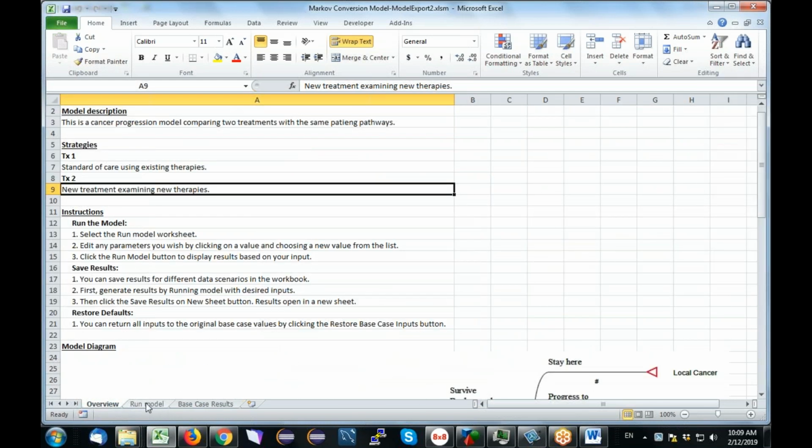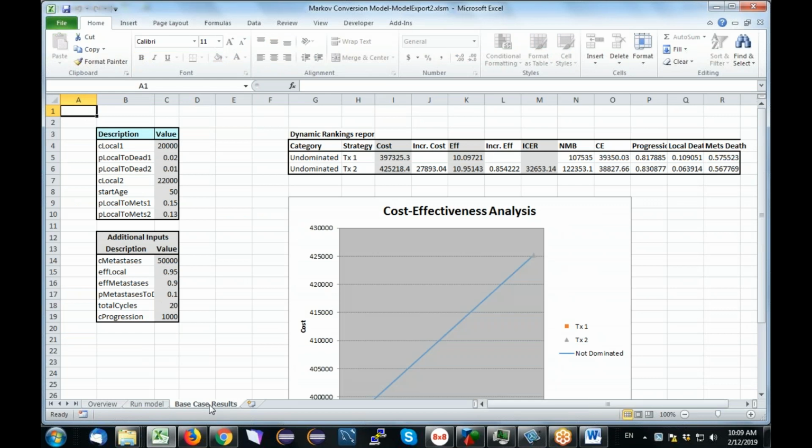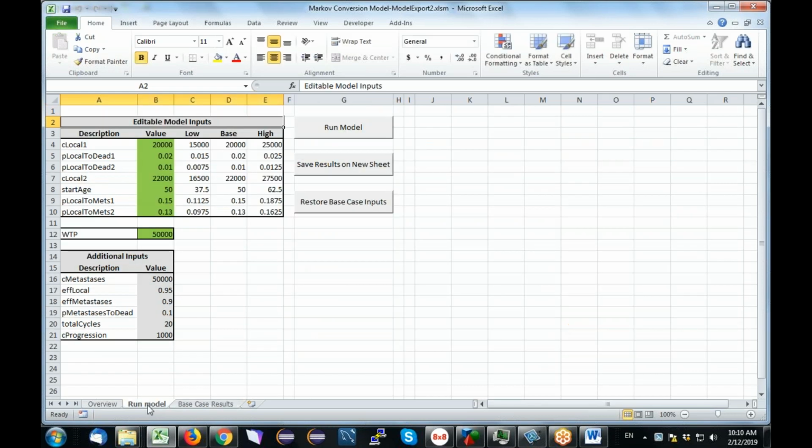The bulk of the work we would do is in the run model, which I'll come back to, but this allows us to run the model. But out here, we just have the base case results. So if we left all the parameters at their best estimate, these are the results that come out of the model: the cost for each strategy, incremental cost, effectiveness for each strategy, incremental effectiveness, ICER, and the net monetary benefits, which is bigger for treatment 2, so treatment 2 is the optimal strategy. Of course, you also know that because the ICER is less than the willingness to pay. So this is a fixed sheet. We include a fixed version of the base case results, but we can also go back to the run model,